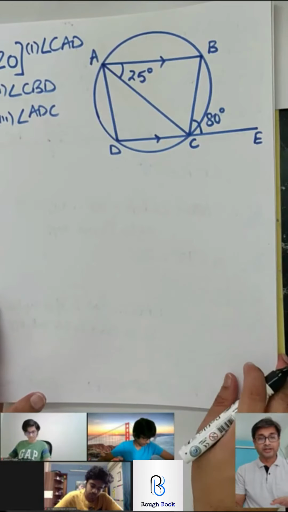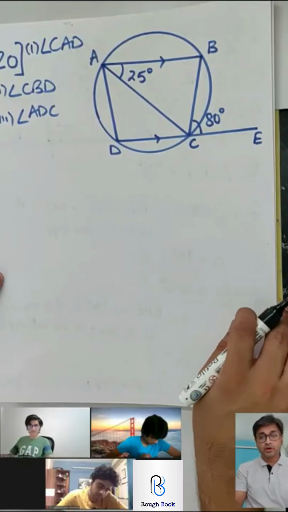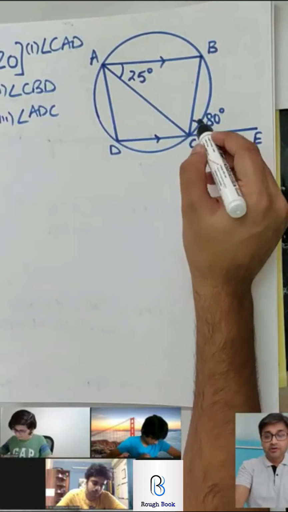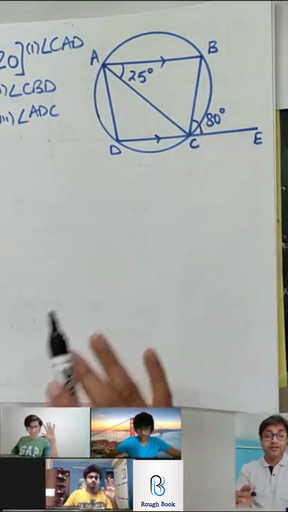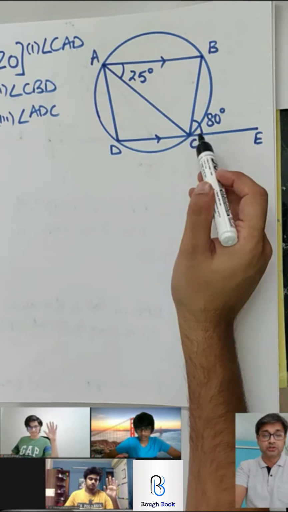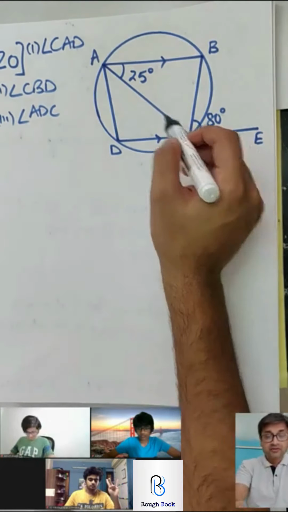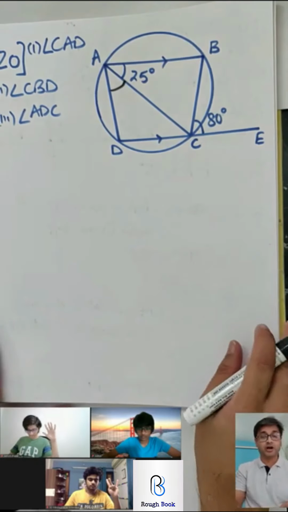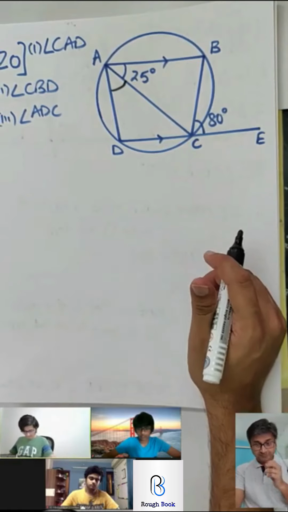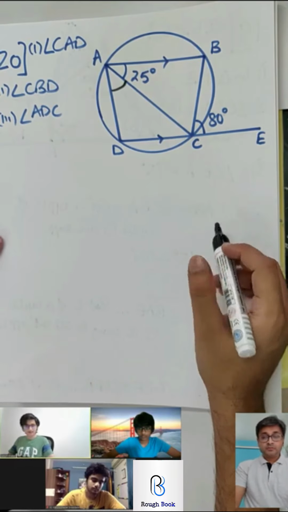Sum number 20. Okay, so here we go with the 20th one. They have given you that this exterior angle BCE is 80. So already the hint is there that exterior angle equals its interior opposite. We knew that. First target CAD. Very simple. I have already given you the hint. Yes, Bakar, come on, hit it. So we can say 80 degrees, 25 plus that angle, and we get that it is 55.